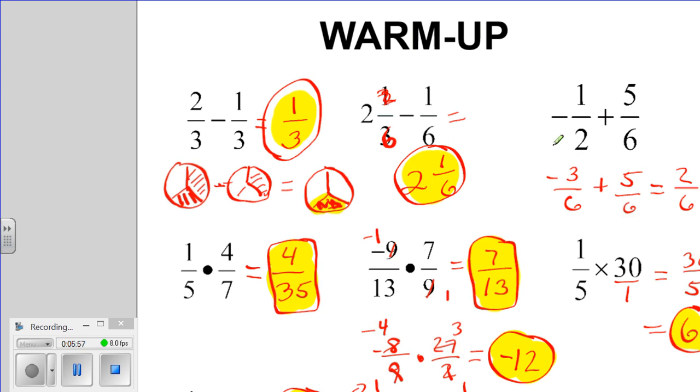Multiplying fractions is this middle row of problems here. So when you multiply fractions, you're taking 1/5 of 4/7. Multiplying fractions is actually the easiest one. Multiplying fractions is no problem. Top times top and bottom times bottom. 4/35. On the next one, yes, you can go